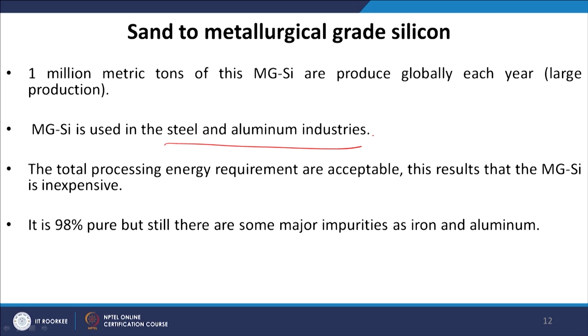Since we have to make steel in large amounts, the processing of metallurgical grade silicon should be inexpensive, and this process requires a lesser cost compared to making the final very pure single crystal silicon. Now, it is 98% pure, but still there are some major impurities like iron and aluminum. As we just mentioned, we cannot make electronic devices out of it, and we have to further purify it to make a pure silicon semiconductor. So, today we will learn until this. In the next class, we will see how this silicon is used to make purified silicon and to fabricate a solar cell. Thank you.